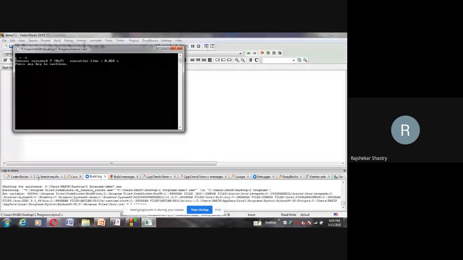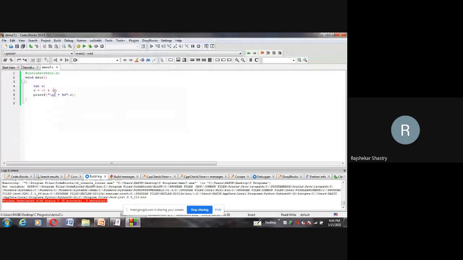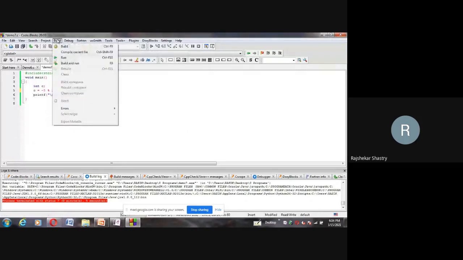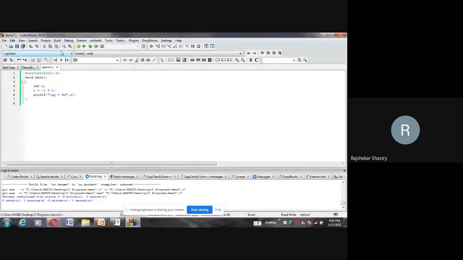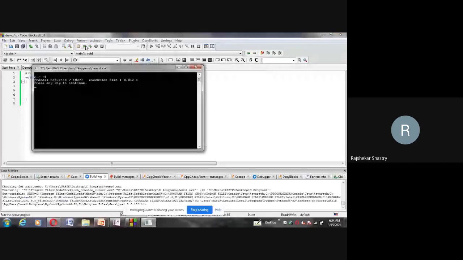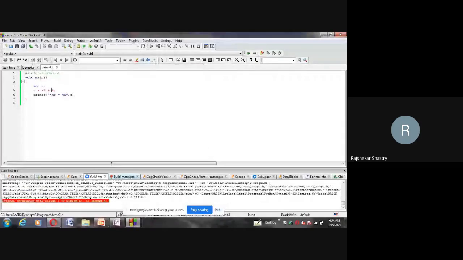Have you checked it? Okay. Similarly, if I remove the negative value from the denominator, again, it least bothers about the sign of the denominator. It only concentrates on the numerator sign. If the numerator sign is negative, the remainder is also negative. So in this case also the answer is negative only. Here again minus 1. So this is what it is about the modular and ordinary division values.